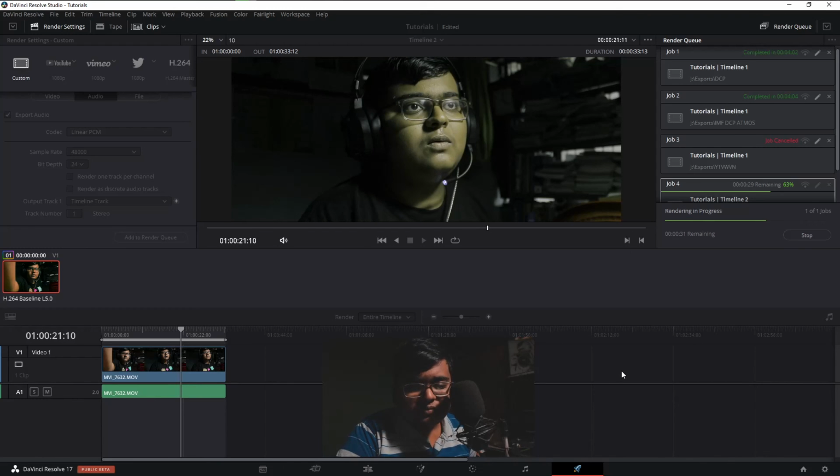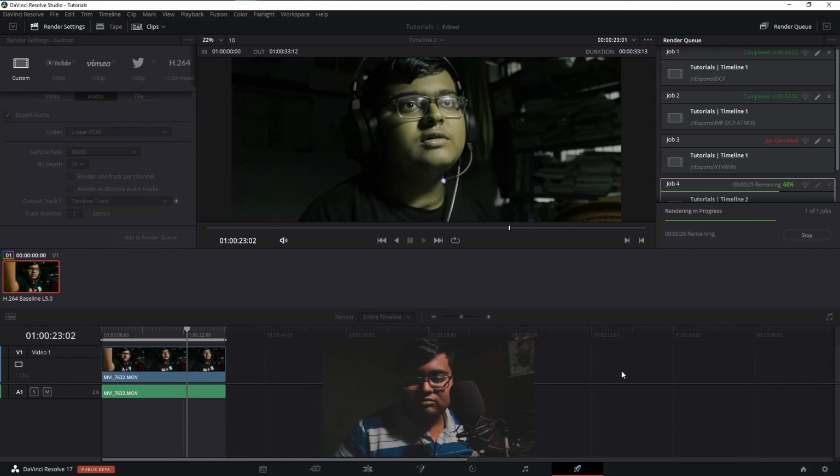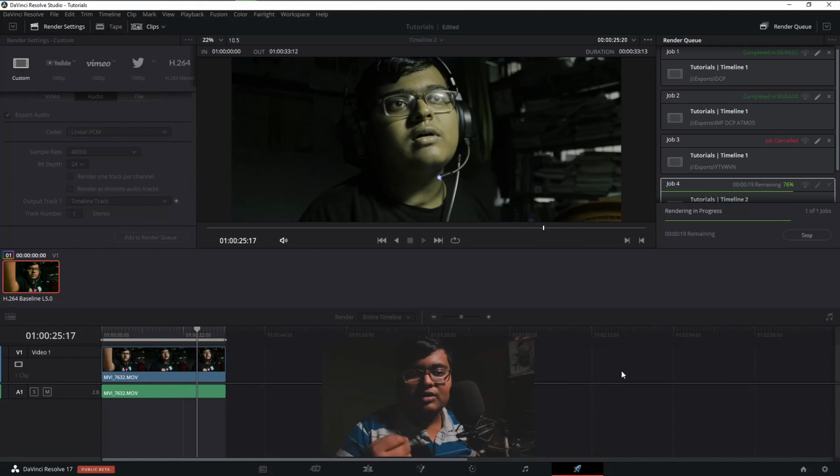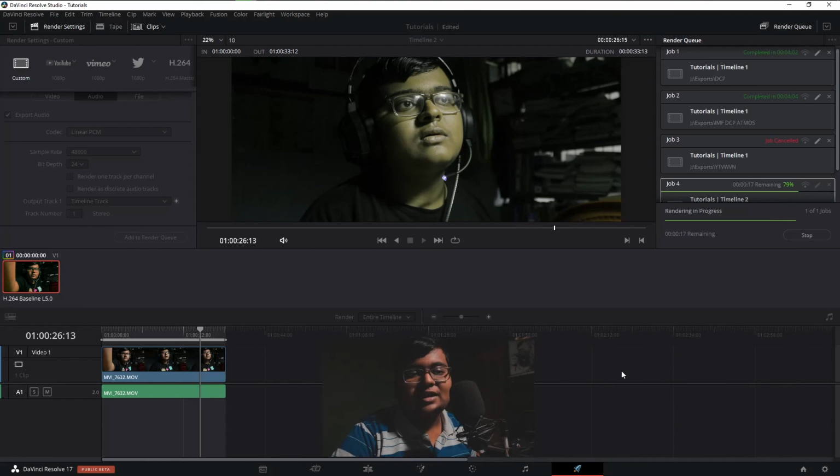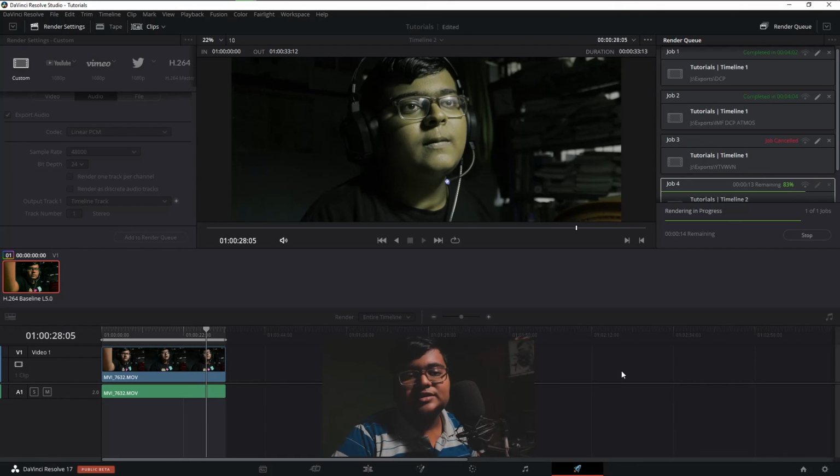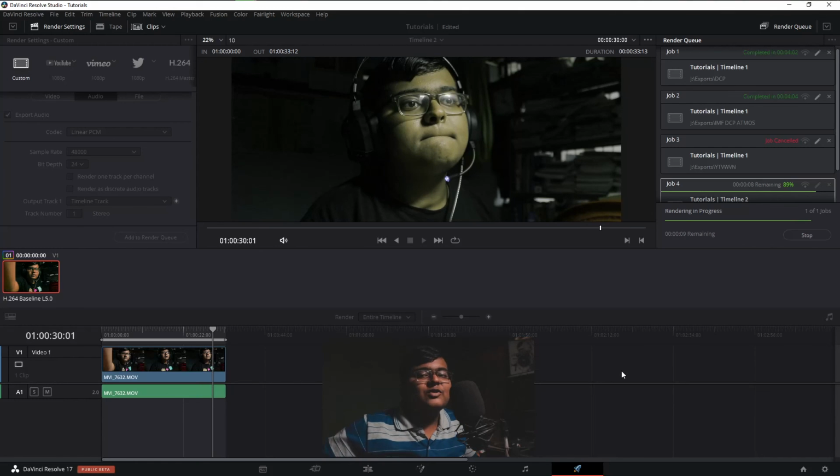Because what happens is the color space might become different. So follow the bottom taskbar: cut, edit, Fusion, color page, Fairlight, like that. You go according to that, because that is good. You can go back and forth, but the main procedure should be like this, I guess.